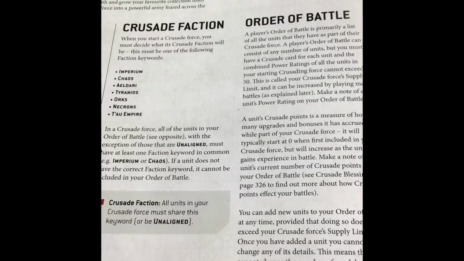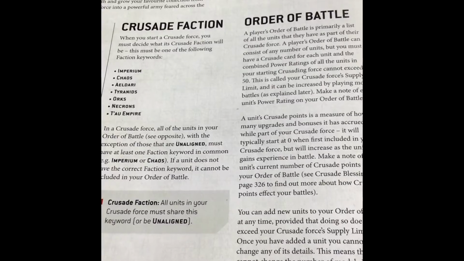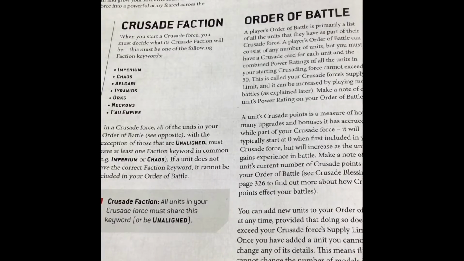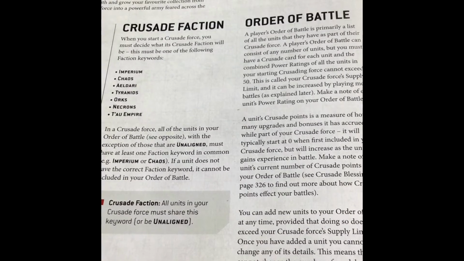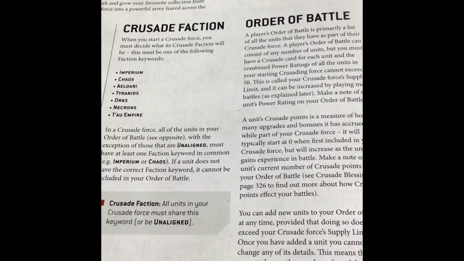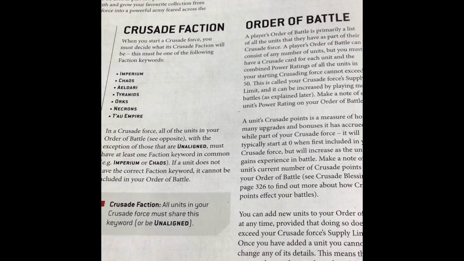The first thing you do when making a Crusade list is turn to pages 306 and 307 of the main rule book, where we go over how to make our Crusade. First, you pick a Crusade faction: Imperium, Chaos, Eldari, Tyranids, Orcs. Everything in your Crusade force has to match those keywords. In other words, you can have Space Marines, Astra Militarum, and Imperial Knights. Chaos can have Chaos Space Marines, Chaos Demons, and Chaos Knights. All of those units share the same faction, so they can all be included in your order of battle,